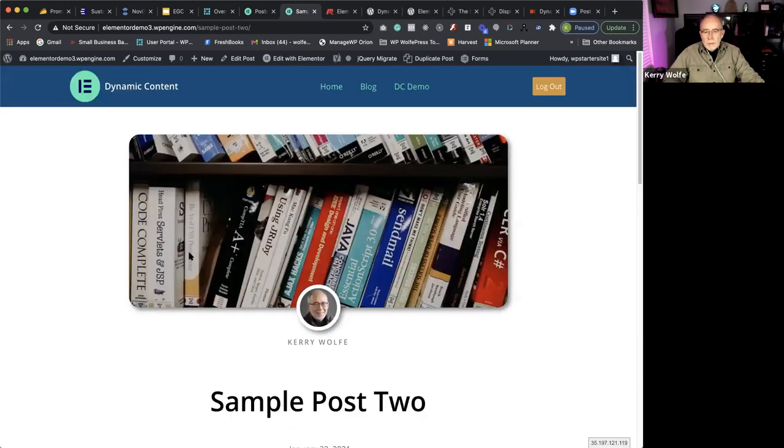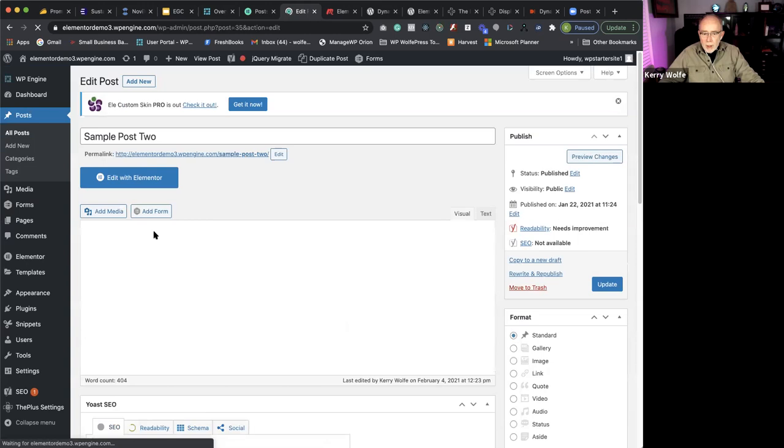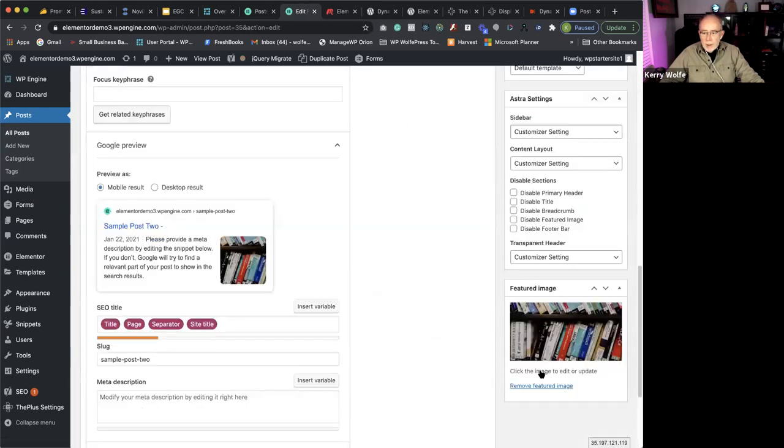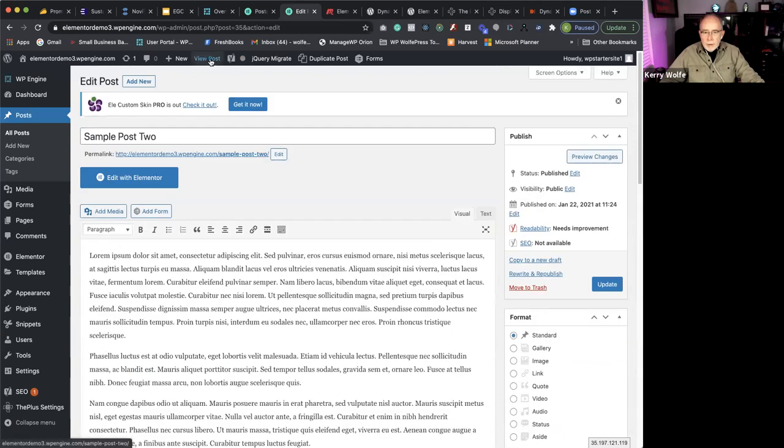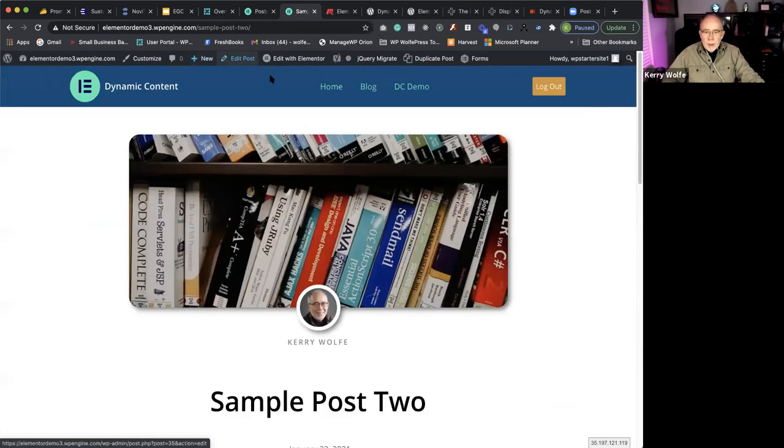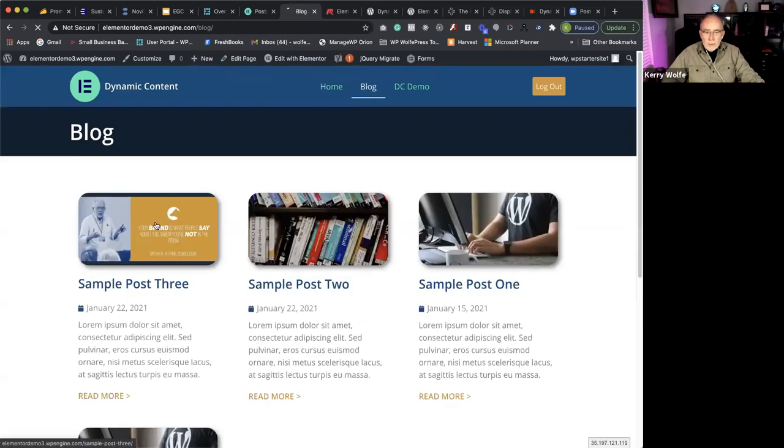So if we go to this post, and let's edit the post, we see that we have a featured image. We'll view the post. We'll go back to the blog. Now we'll look at this one,